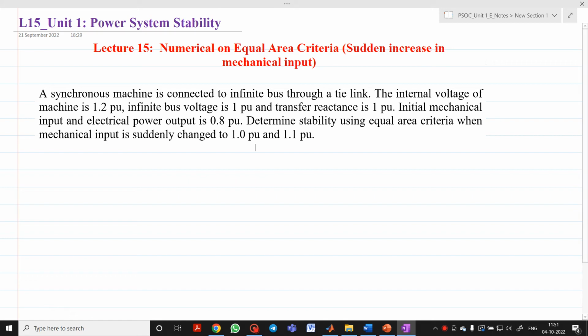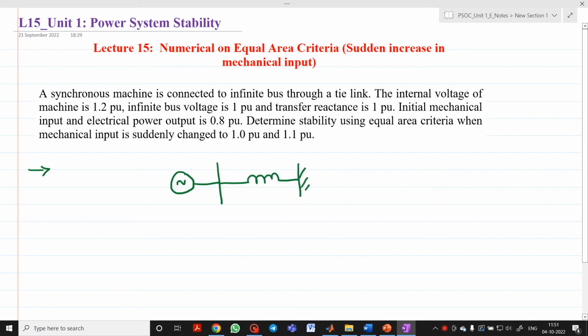In this video lecture, we are going to discuss a numerical on equal area criteria with sudden increase in mechanical input. So let us consider the numerical here. A synchronous machine is connected to an infinite bus through a tie line. Now here I will draw, this is your synchronous machine which is connected